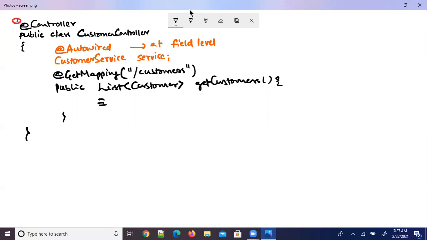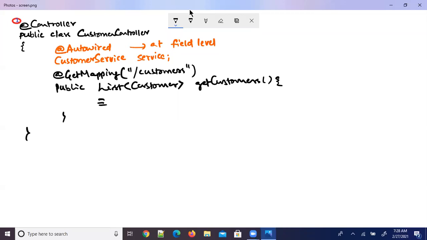See, for example, I have a constructor with 1 parameter, a constructor with 2 parameters, a constructor with 3 parameters. And I'm adding this @Autowired annotation at the constructor with 1 argument, at 2 arguments, and at 3 arguments. Then in that case, the Spring container will execute the constructor with 3 arguments, the highest number of arguments, for autowiring. We'll choose that constructor for autowiring. So if you write @Autowired on multiple constructors in a class, then Spring will execute the constructor with the most arguments. That is just a point I want to remind you.